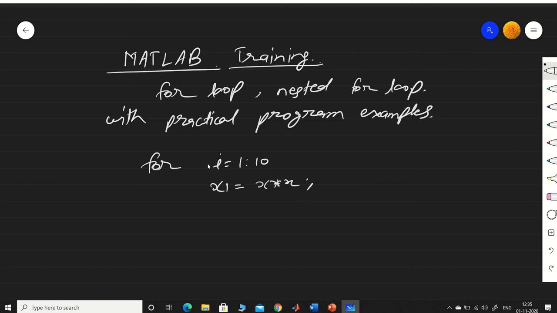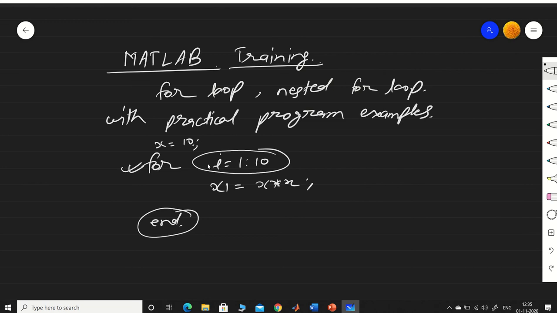Basically whatever operations you want you can do, and the syntax will end with end. So basically for starts with a loop statement here and an end keyword here, and you can start with x is equal to 10. So what will be the outputs? x1 will become 10 into 10 is 100.